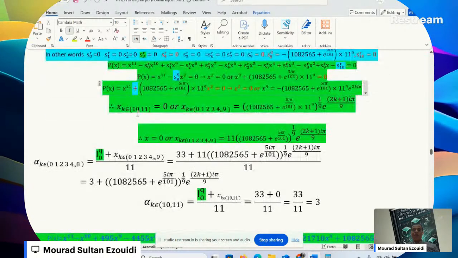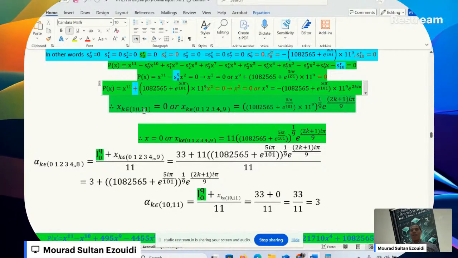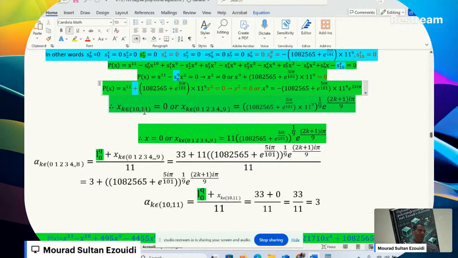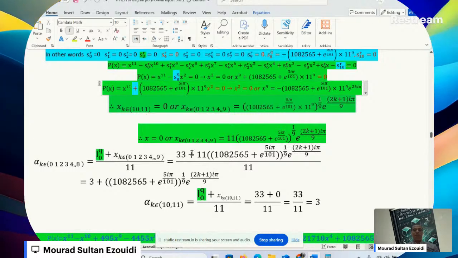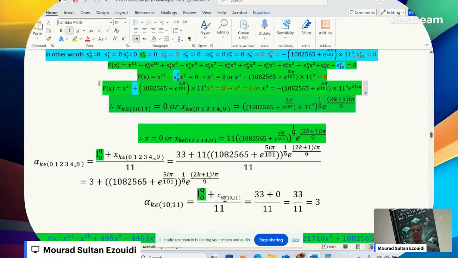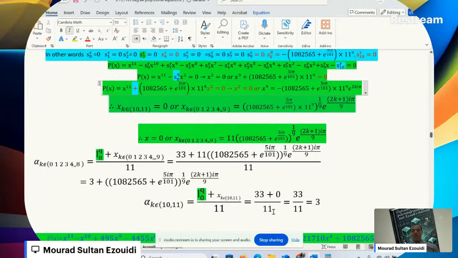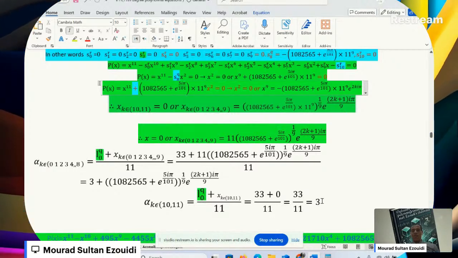Or we can make x belong to 0, 1. No problem, but I label it as x10 and x11 because this new given equation has 11 roots. So alpha now 10 equals 33 plus 0 divided by 11, which is 33 divided by 11,